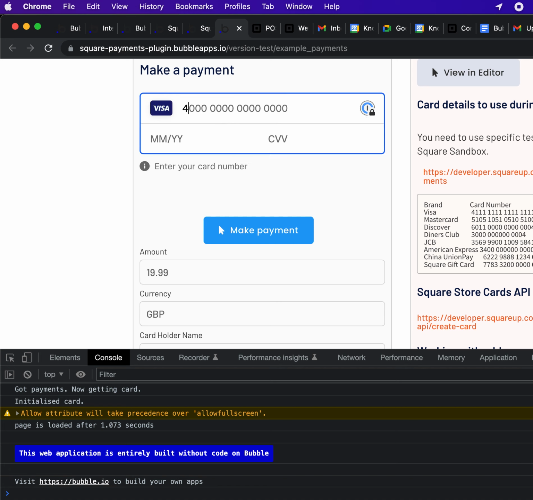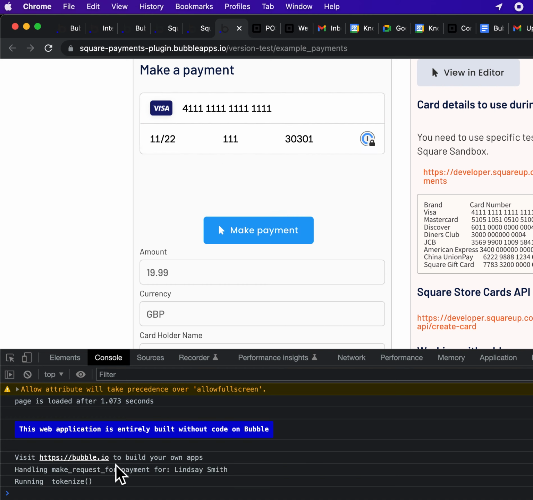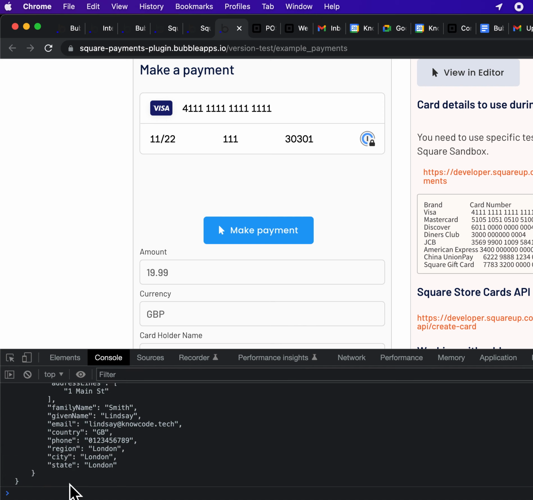So if I put in some card details, and I'm going to put in good card details at the moment, so this will be a successful payment, and I go make payment, you'll see a log under here. It's running tokenized, so that is